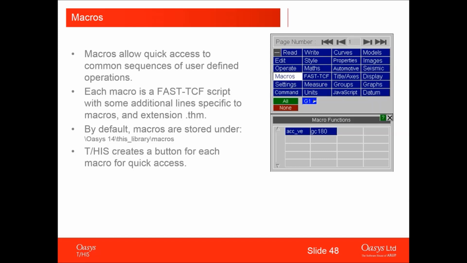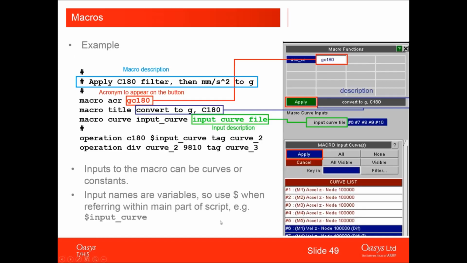Now, effectively, the macro is just a FastTCF script, and it just has some additional lines to specify that it's a macro, and you can have this little macro function button that appears. Okay, and this is an example of a macro. I don't intend to go through it,